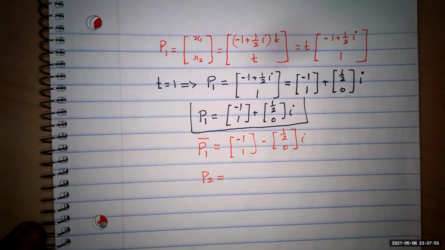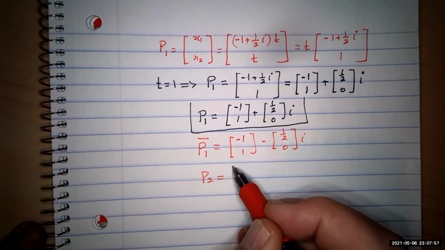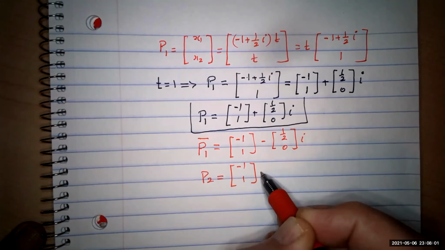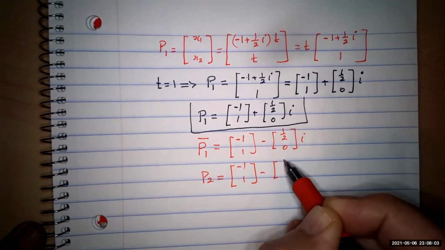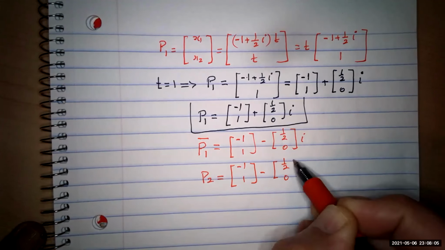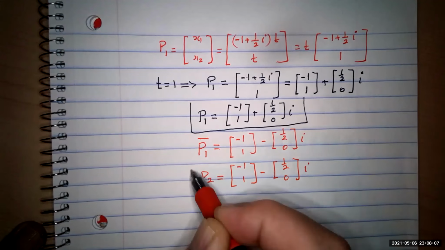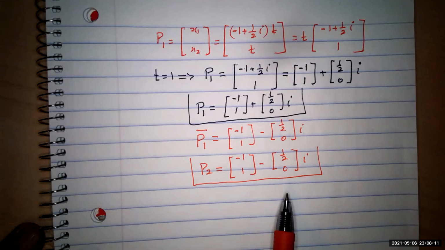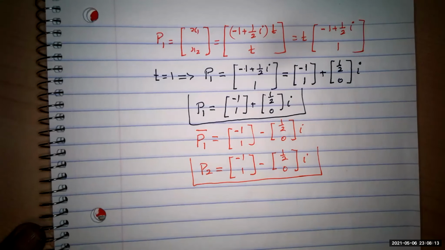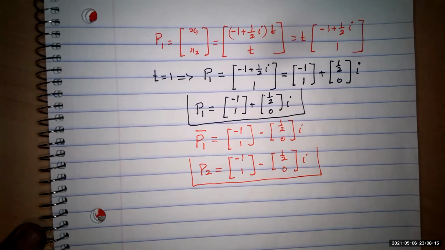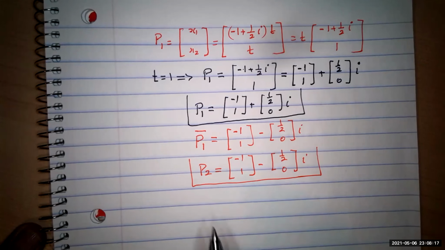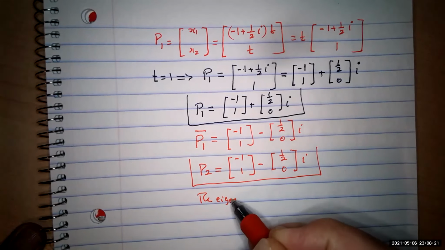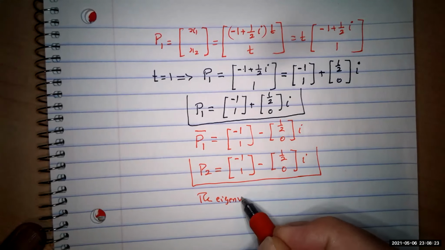Okay, second eigenvector. So this is going to be a -1, a 1, minus 1/2, 0, and i. This is going to be the eigenvector. Remember, by your information, this is going to be the eigenvector